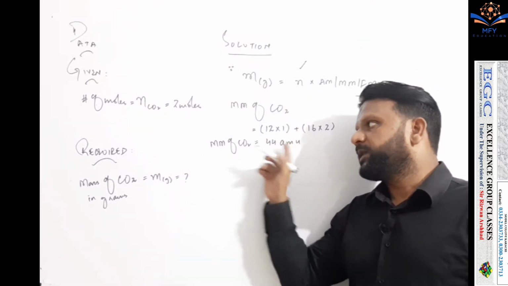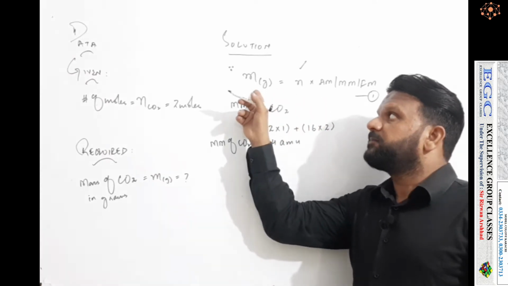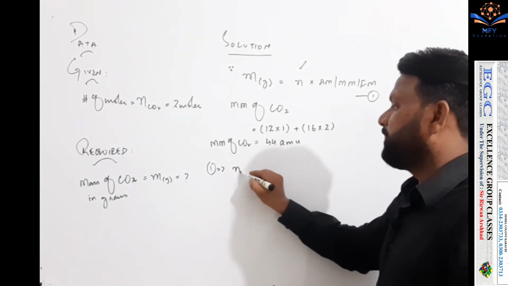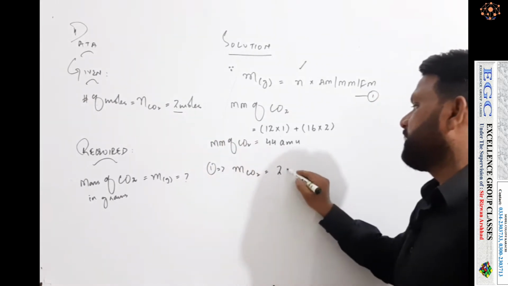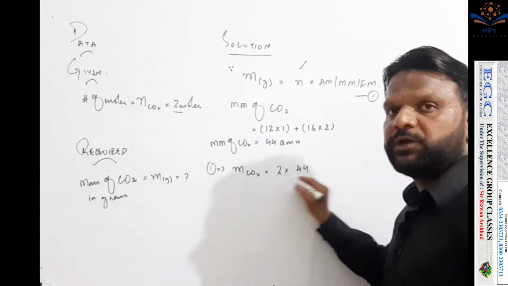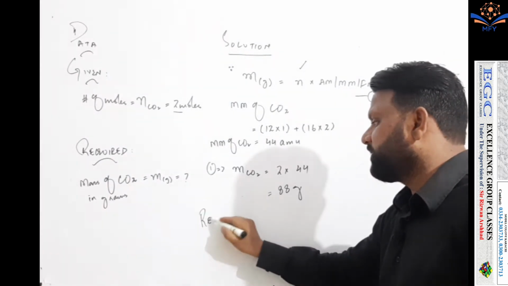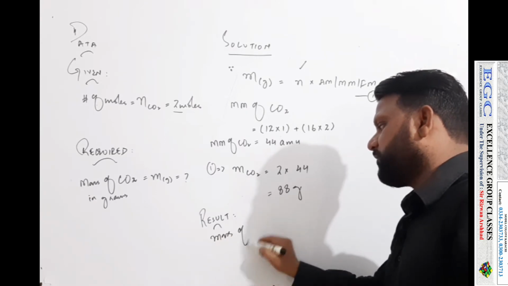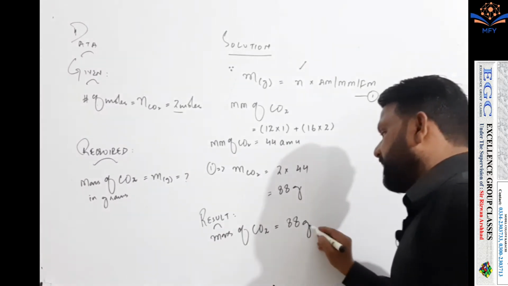By putting the molecular mass of carbon dioxide in equation number 1, we can easily get the mass in grams of carbon dioxide. Equation number 1 implies the mass of carbon dioxide will be moles into molecular mass. There are 2 moles given and 44 is the molecular mass of carbon dioxide. By multiplying 2 into 44 it will become 88 grams. It means that the result, mass in grams of carbon dioxide in 2 moles of carbon dioxide, will be 88 grams.